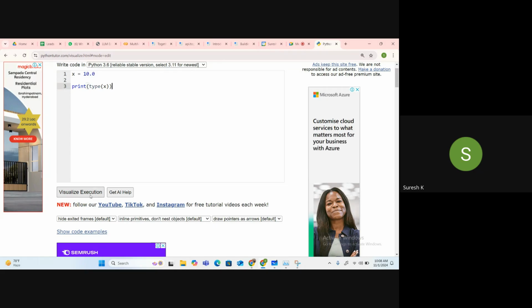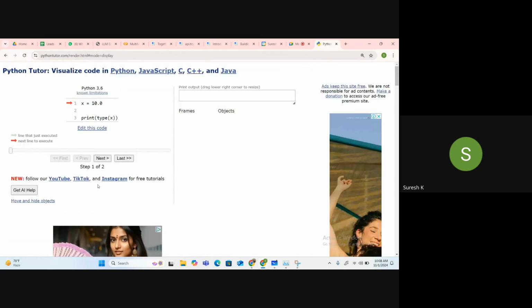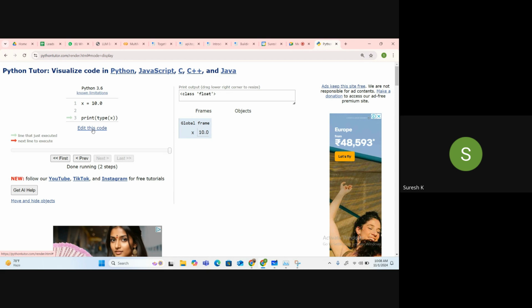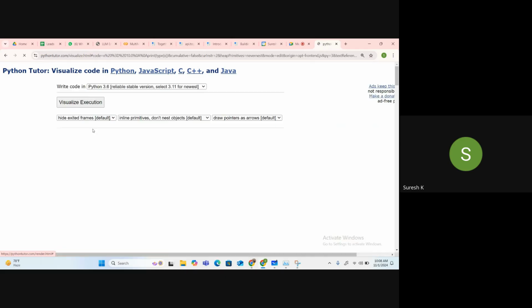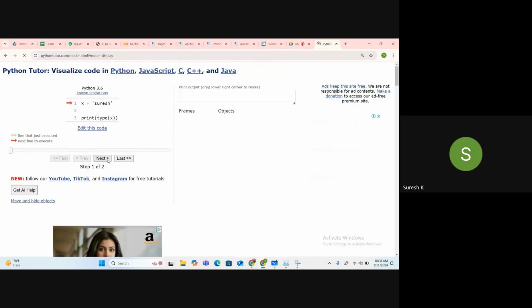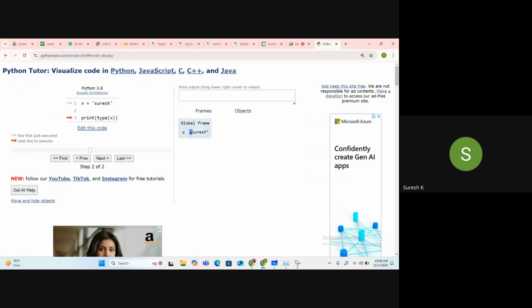Now x equal to 10.0. What will this be? Whenever the data contains a decimal value, it is said to be a float. String, right? I can have a string in double quote or single quote, as I told you. Here you can see the data is internally stored in double quotes.